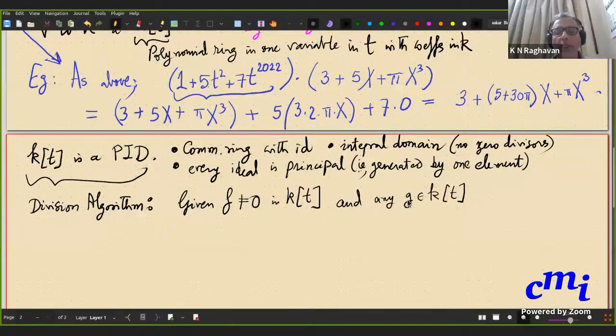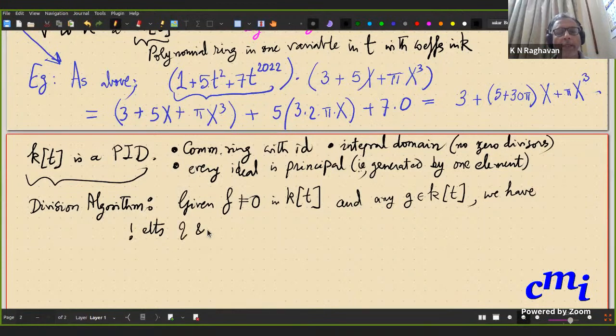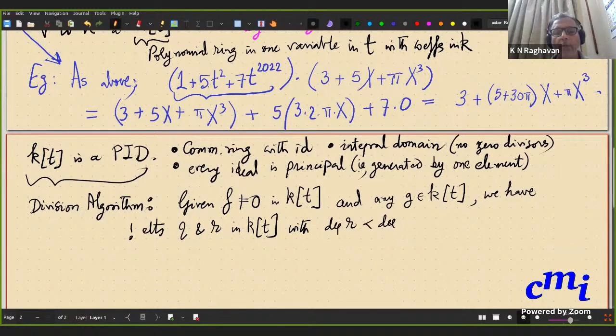There is no condition on g at all. Any g whatsoever, we have unique elements q and r in K[t] with degree of r less than the degree of f, such that